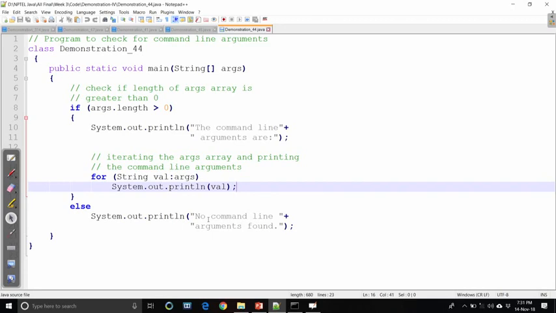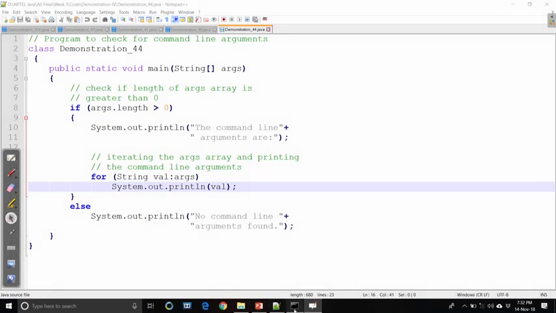The first if statement checks whether you passed any command line argument during execution of the program. If not, it will print that no command line argument is found. If there are arguments, it will print all of them using a special for loop, for String val : args, which goes on printing all the values. This is an alternative way of printing all the input that you have passed to this program.